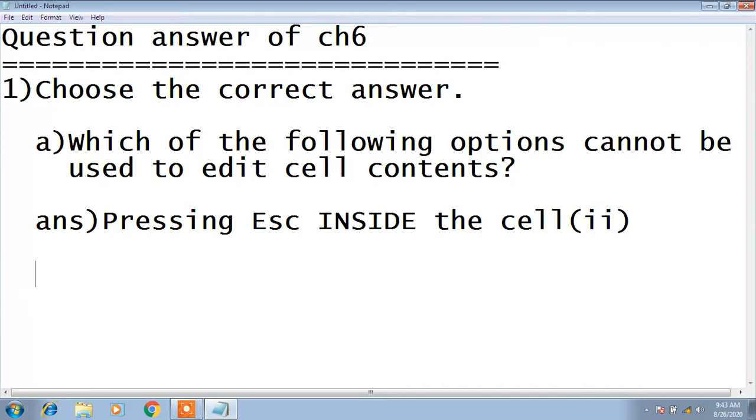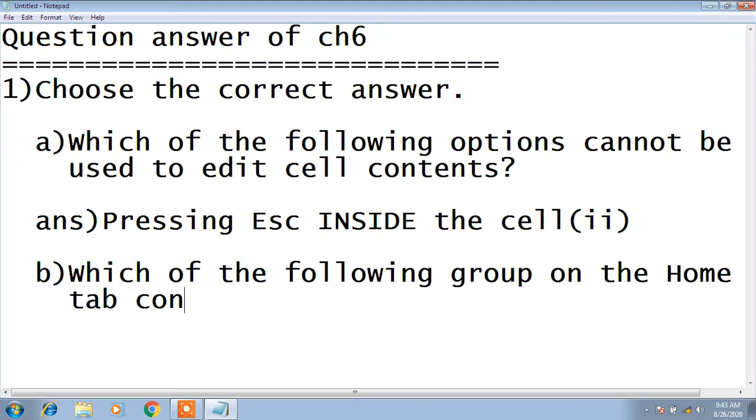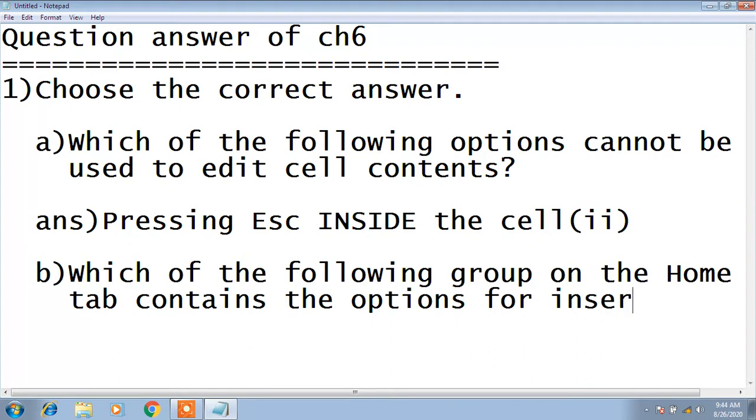Now the question number B. Which of the following groups on the Home tab contains the options for inserting or deleting rows or columns?